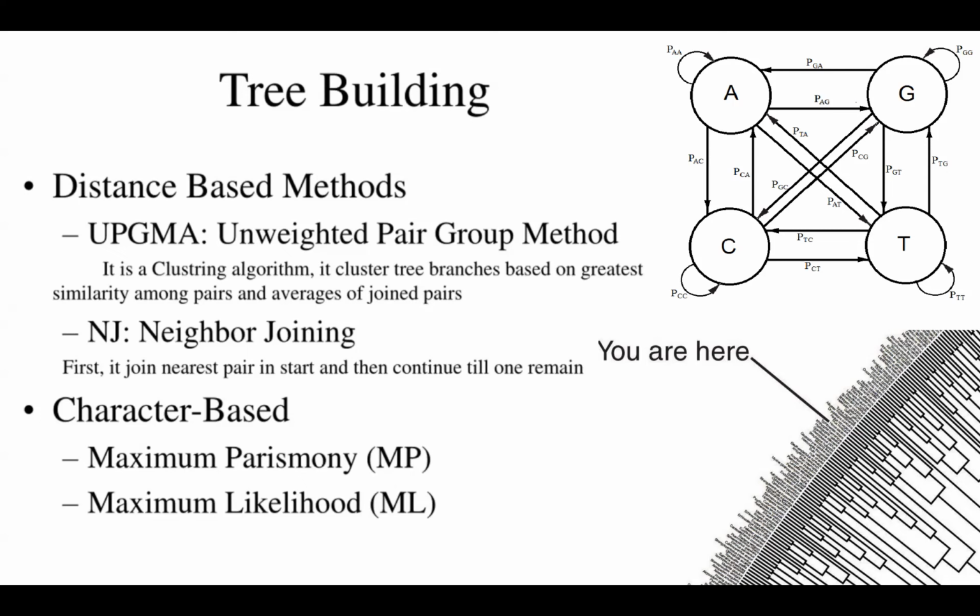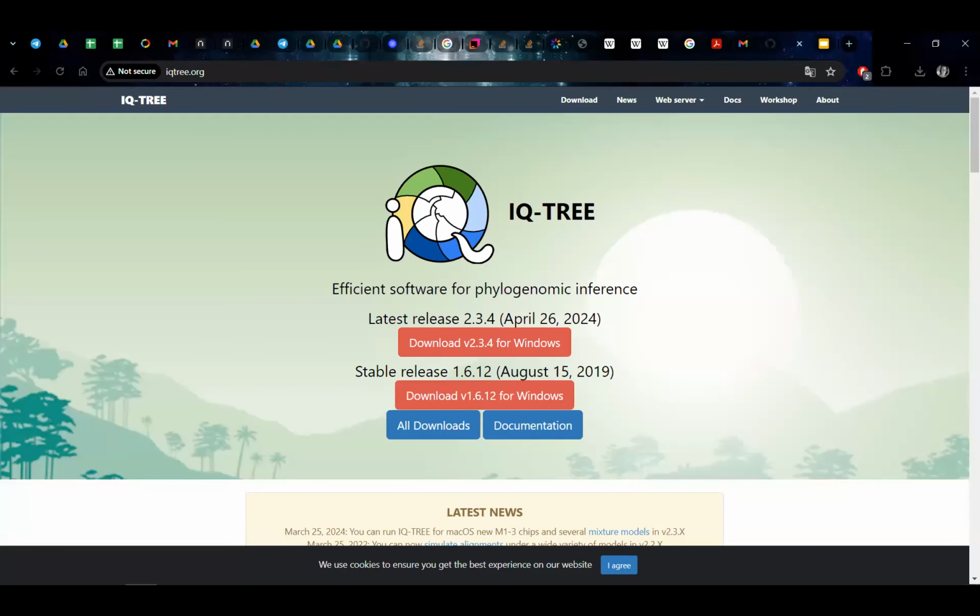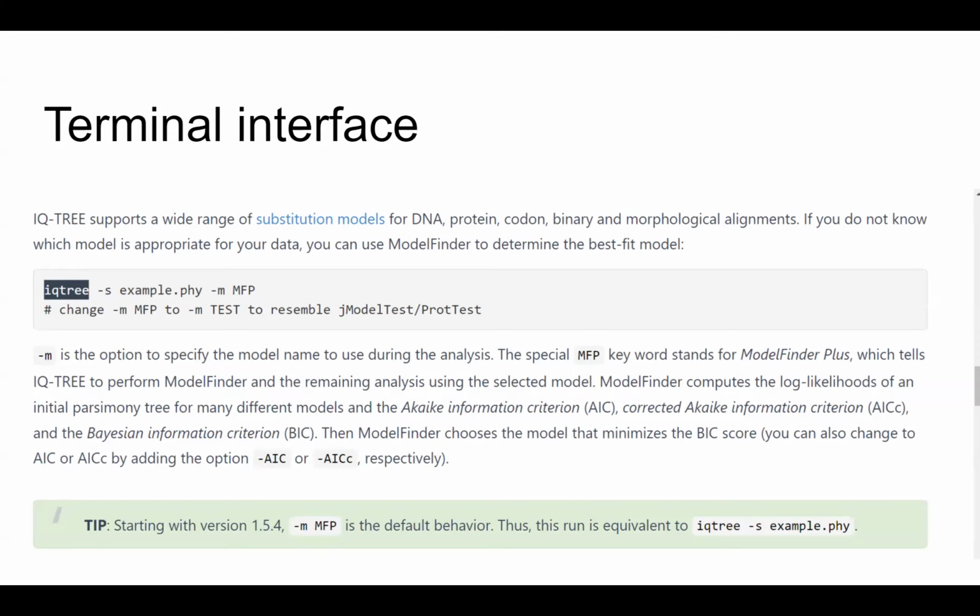So how can we do it faster? This problem can be solved by IQ-tree. It's a pretty simple, user-friendly application. It can be used in the terminal, simply just one line. You can put different flags and use it simply.